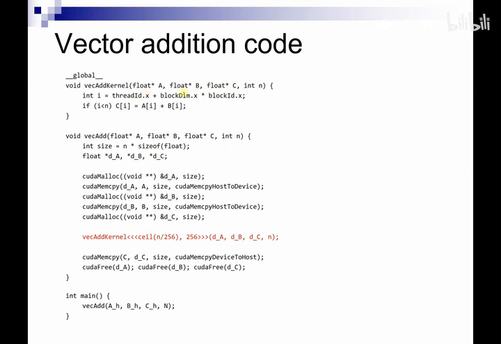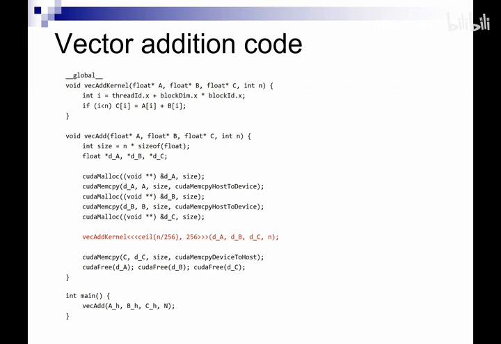Now we do this computation over here. I'll talk more about what this computation is doing later. But anyways, somehow you use the ID of the thread, its block ID and its thread ID, to compute some index into this array. And then the thread is just responsible for the addition at that single index. So it just takes A of I and adds it to B of I, and then stores it in